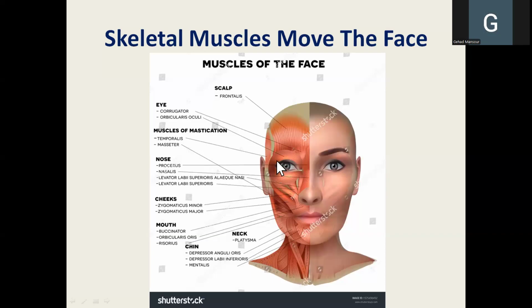The patient will be unable to close the orbicularis oculi, meaning that even when the patient is sleeping on that side, he will be unable to close the eye, and you will need to put ointments and creams on the eye to prevent infection. When the patient smiles, the muscle on the other side, for example the left side where the facial nerve is intact, is okay, but the affected side is paralyzed, so the smile will be a bit weird because it will occur on one side only.